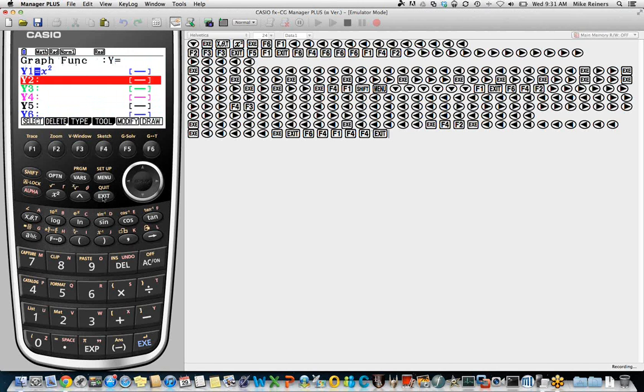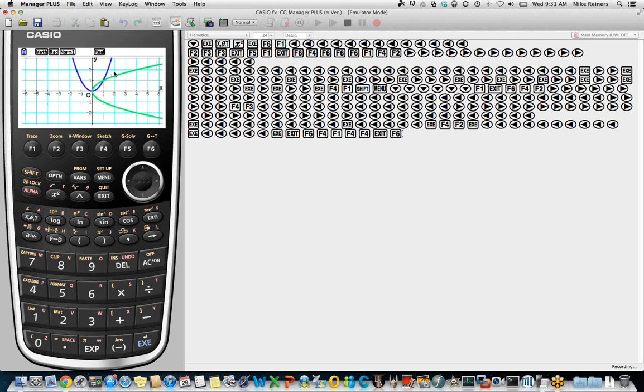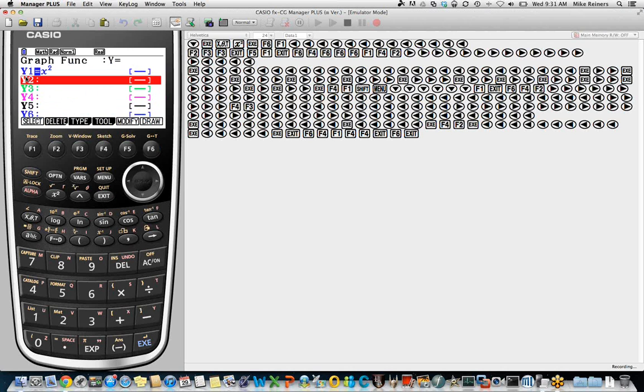So if I press the exit key, go back and look at my equation and then press draw again, you'll notice that my sketch still appears on the screen. But if I now press the exit key and on the y2 line type in y equals x, because maybe I want to see a line defining y equals x so that I can see that reflecting relationship that we know exists between a relation and its inverse.